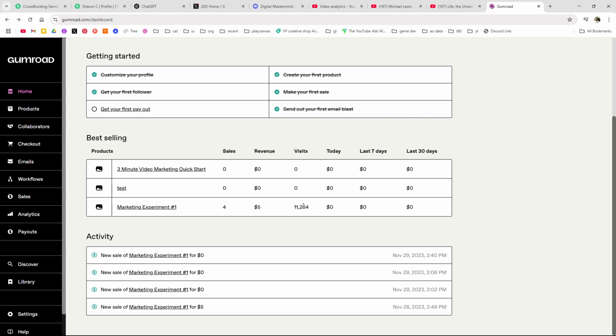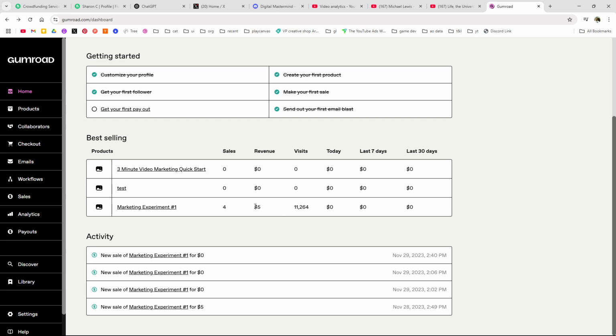How is that possible? Because if the video only got 2,000 views, I never really connected these dots, but how is there 11,000 clicks? There's 11,000 visits. They registered the page loading 11,000 times. This is such bullshit. I never really thought about this. In the ad campaign, I think it said it was showing the impression like 100,000 times. There were some big numbers, and I was just kind of rolling with it.